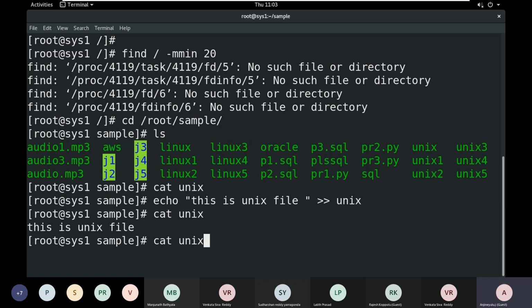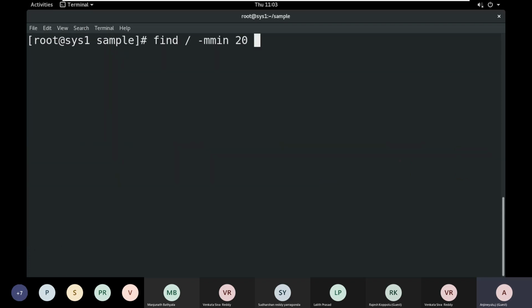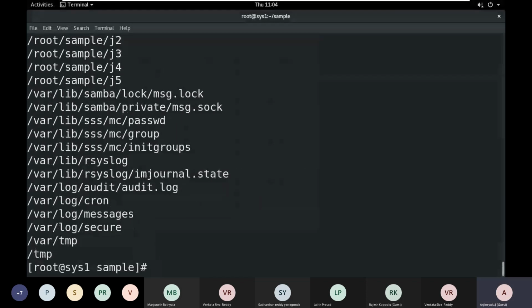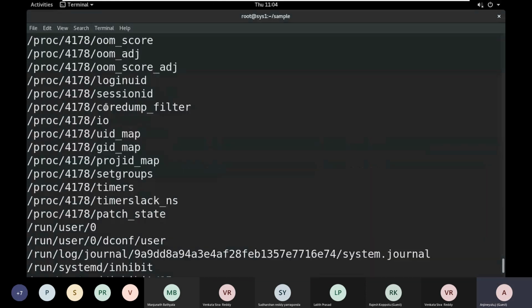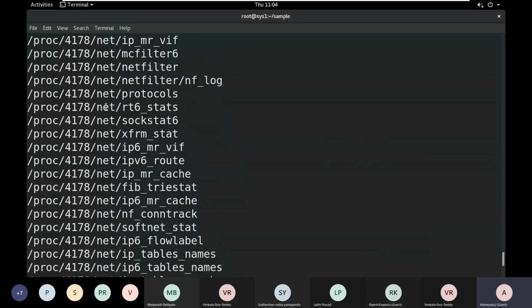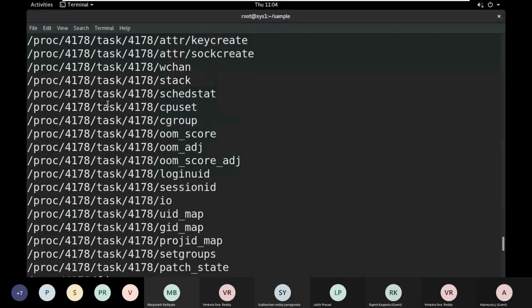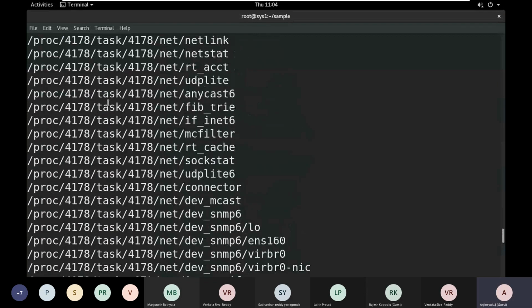So now I'm giving this one. Find, then root, hyphen 20 minutes. Below 20 minutes we can give. Yes, below 20 minutes we have a lot of files modified. About 20 minutes we can search it.